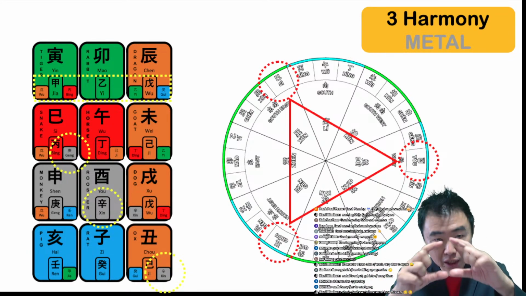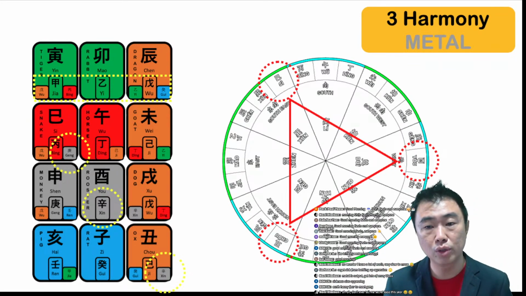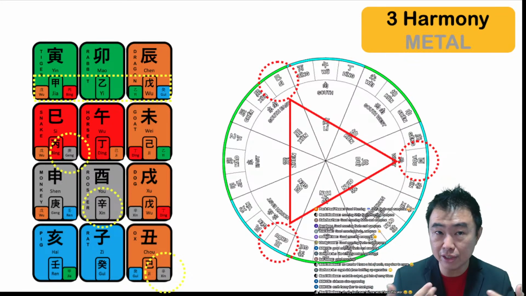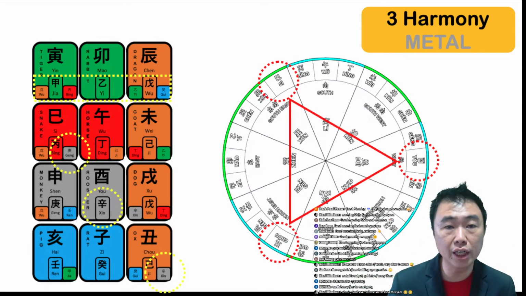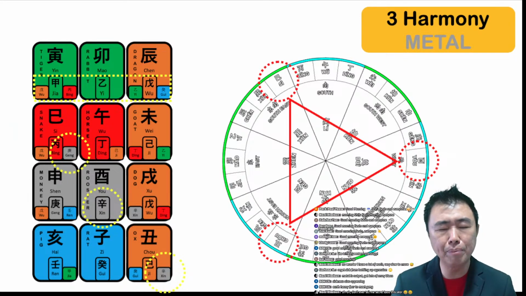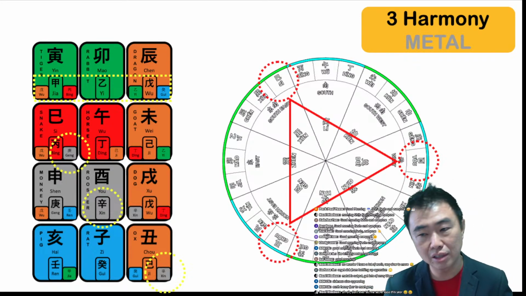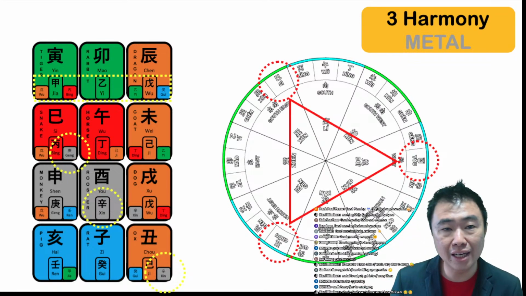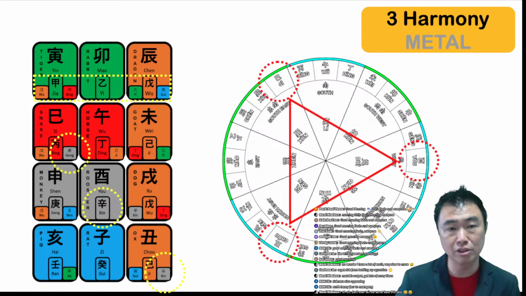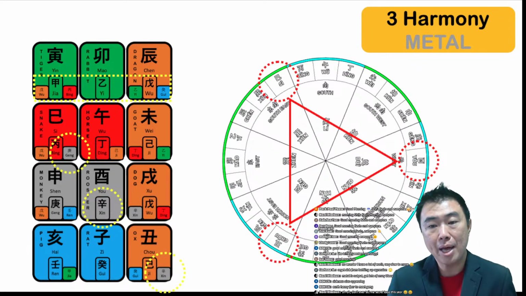Why? Because this tree completely decimates the metal energy. That's why this particular direction, the east direction, back to feng shui, is called the tree killing direction. If you go into the tree killing direction, the metal energy completely cannot function. So if you accidentally activate the east sector, you can now translate what energy is completely shut down for your BaZi chart, which is the metal energy. Now you can translate what metal energy means.